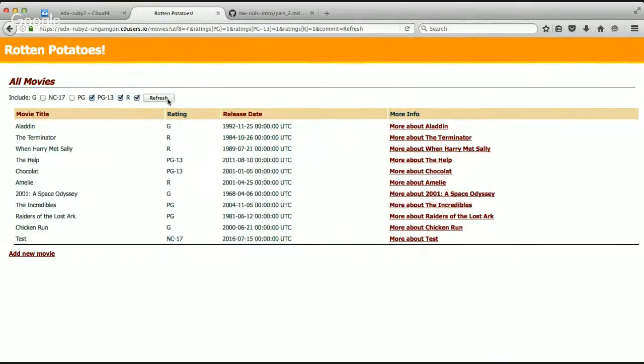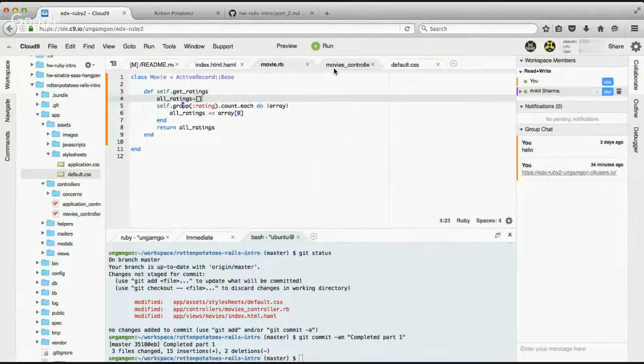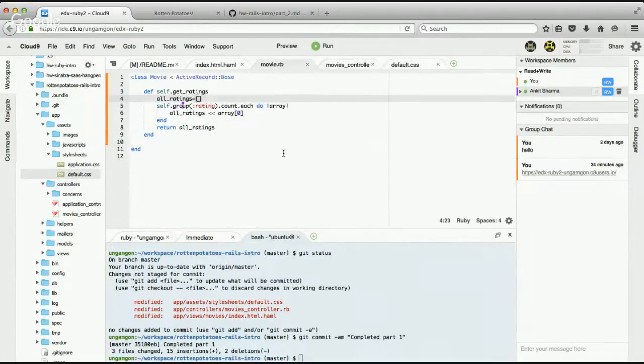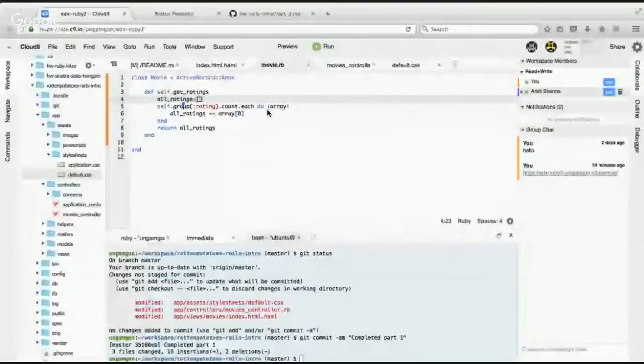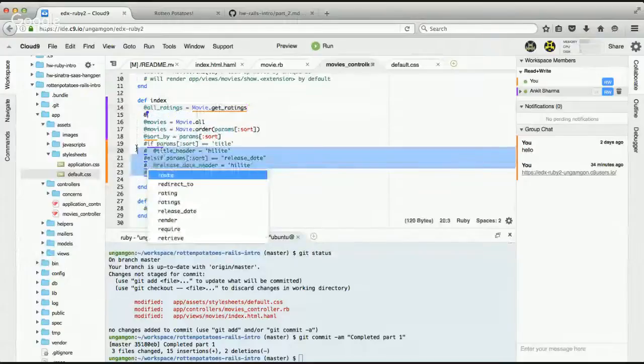So first, the homework says that all the ratings should be checked initially because all movies are being included. So what we have to do is check if the selected ratings are being checked or not. So in the movies controller class, I define another variable called at selected ratings,